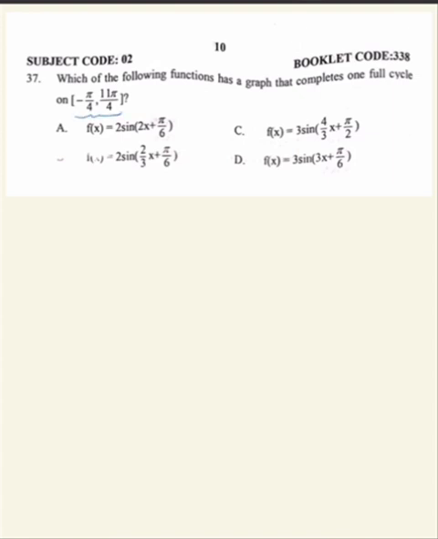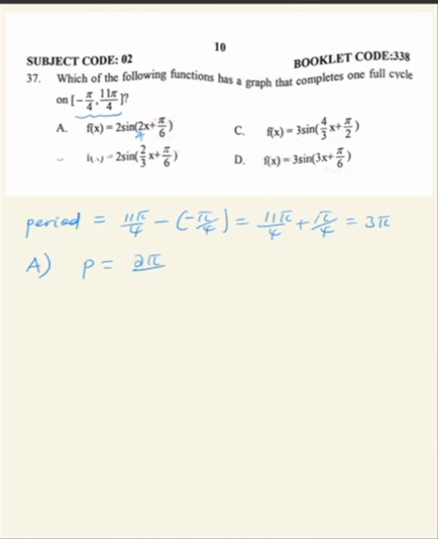this interval, it asks. One full cycle means period. Which function completes one complete cycle in this interval? This interval is from -π/4 to 11π/4. So what is the period? It is 11π/4 minus π/4, this is 11π/4 plus π/4, the result is 12π/4 or 3π. So the question is asking which of these functions has a period of 3π. So coming to a, the period of the function in a